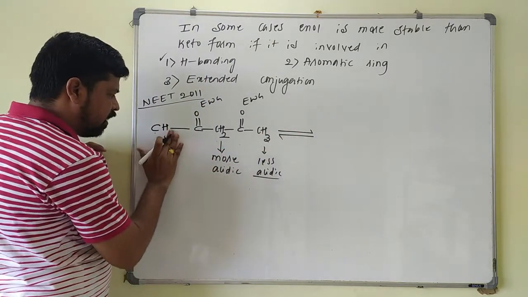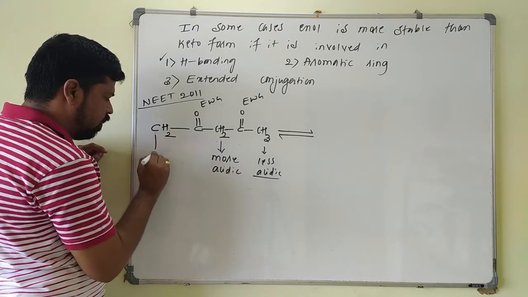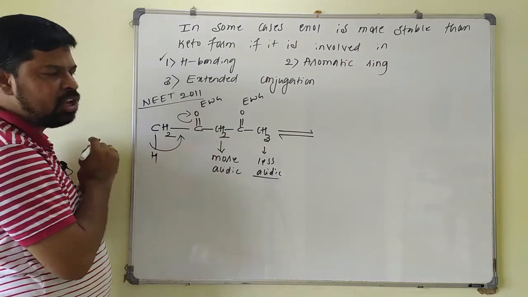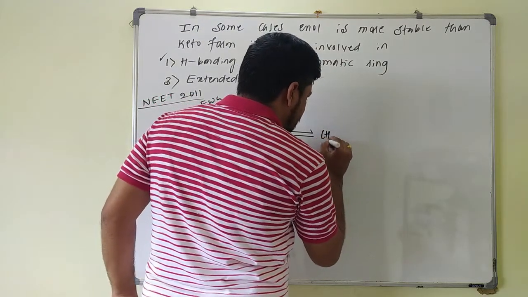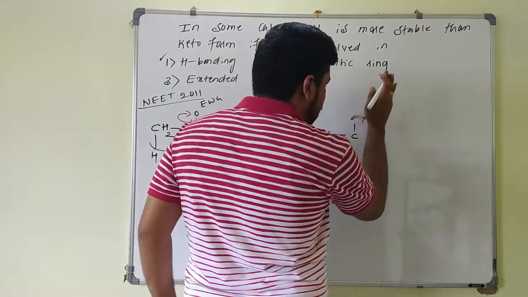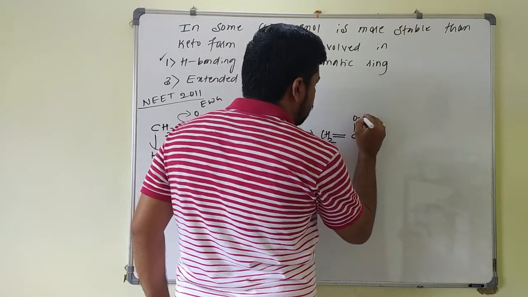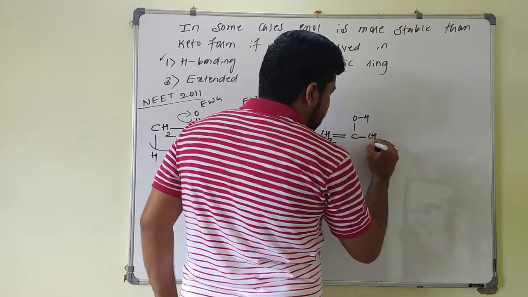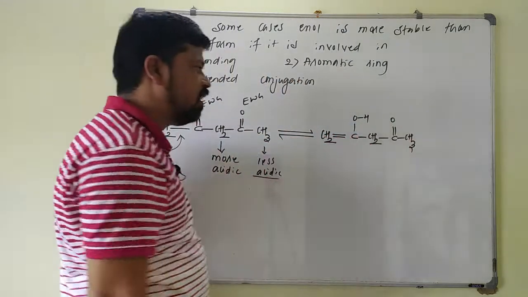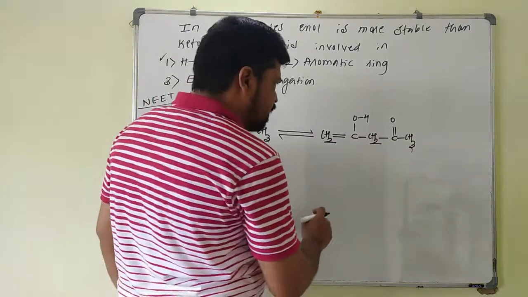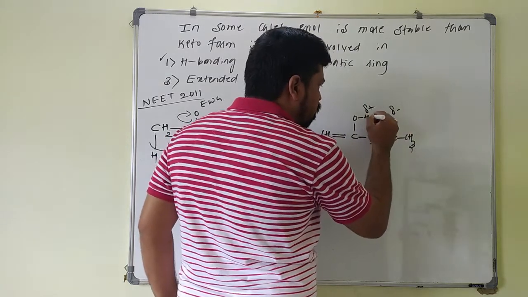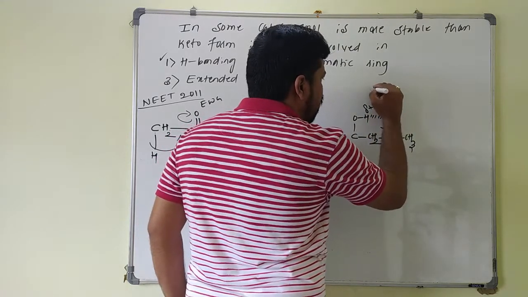So you can write it like this, CH2 and one hydrogen is there. So I can shift this bond here, and this will be going back to the oxygen. You can write it as CH2 double bond COH, and this will be CH2 single bond C double bond O, and this will be CH3 here. Now you see here, this is a partial positive H plus ion, and oxygen is partial negative. Between these two, hydrogen bonding is present.